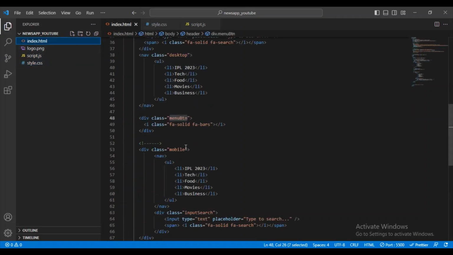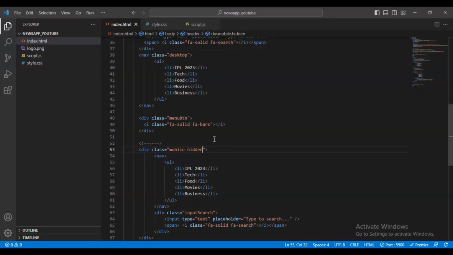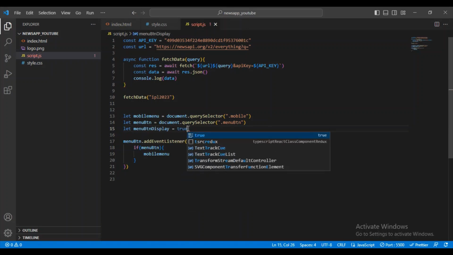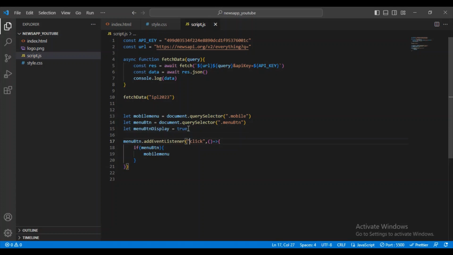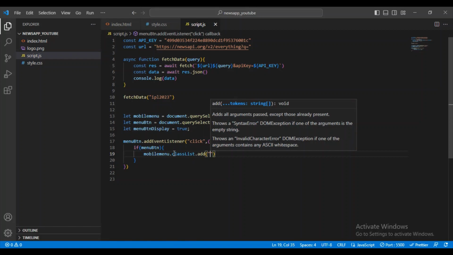In the mobile I will add this. Now see, it will be gone. Now let me just go here, and here if this menu button will be, first of all I will give the true, and here this menu button I will add class list dot add. Here I will give the hidden,